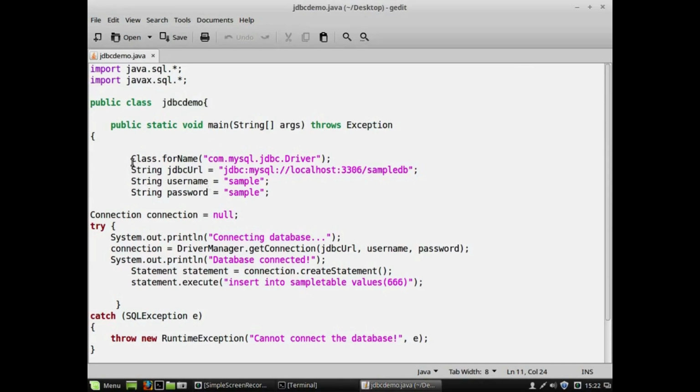Inside the main method, this line Class.forName is a method which takes a single string argument. This argument, com.mysql.jdbc.Driver, is a class name. By taking that class name as an argument, it creates an instance of the class provided. Where do you think this class exists? The class is basically from MySQL. It is not from Java.